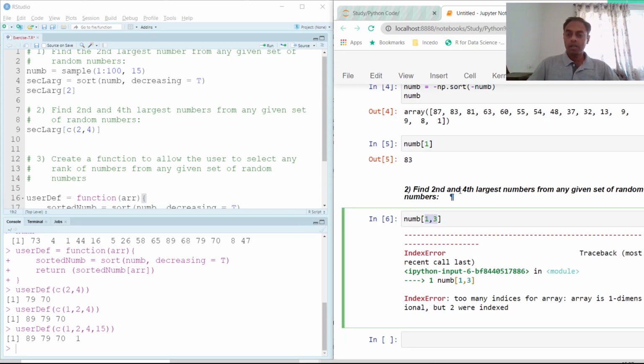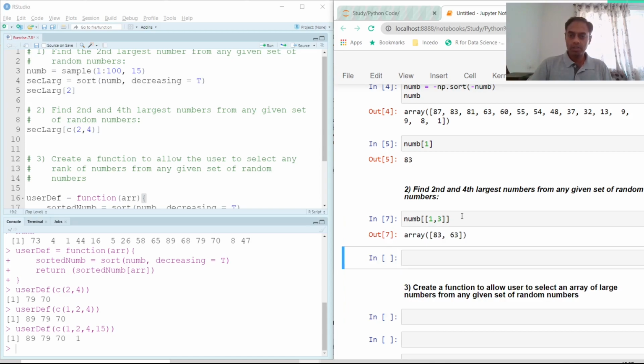So the way we do that in NumPy is we pass the two square brackets and then we pass the indices that we are looking for, 1 and 3. So there are double square brackets. One is the normal one that we have, and since we want to pass multiple elements inside the square bracket, we have to put inside another square bracket. So that is how indexing, multi-indexing can be done in NumPy.